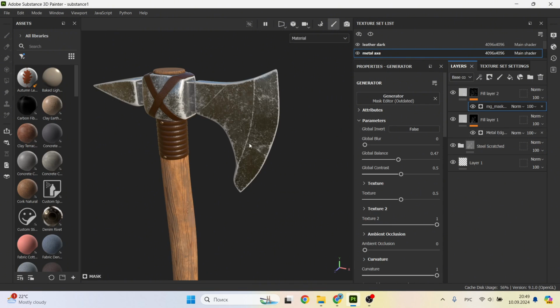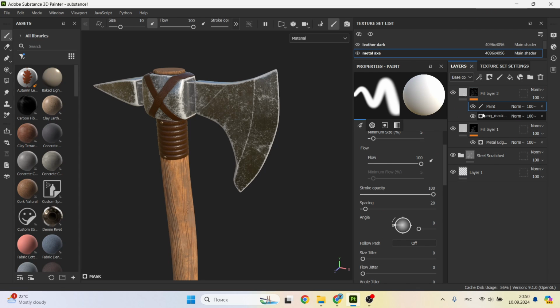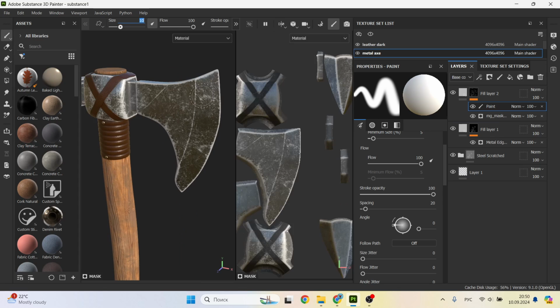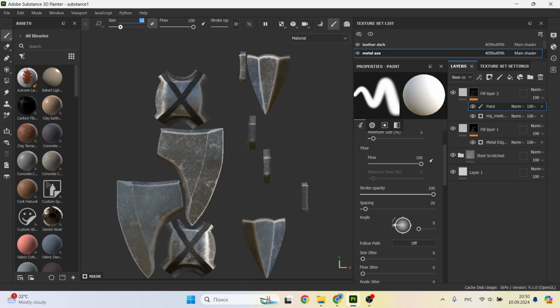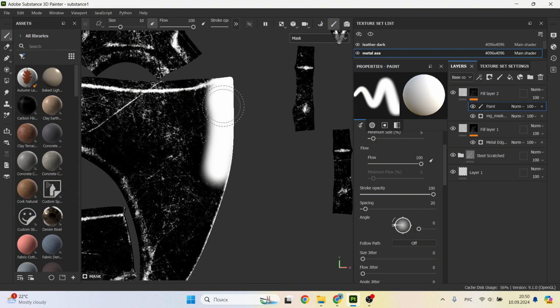But we do not stop there. Let's make the sharp part of the axe metal. Right-click on the mask and select Paint. Use F1, F2, F3 to switch between views. And so we go to the view with the UV map. And we have the opportunity to switch to the image where we will see only the mask.